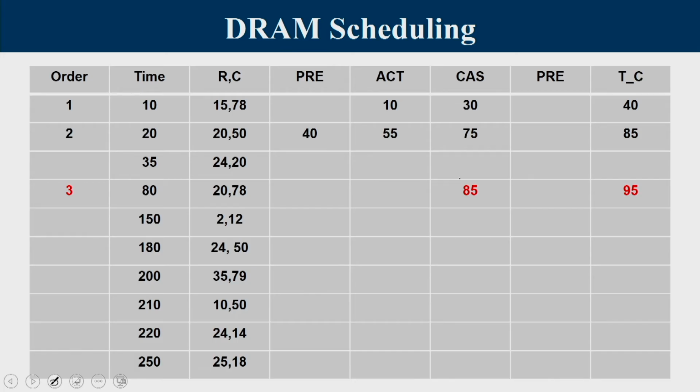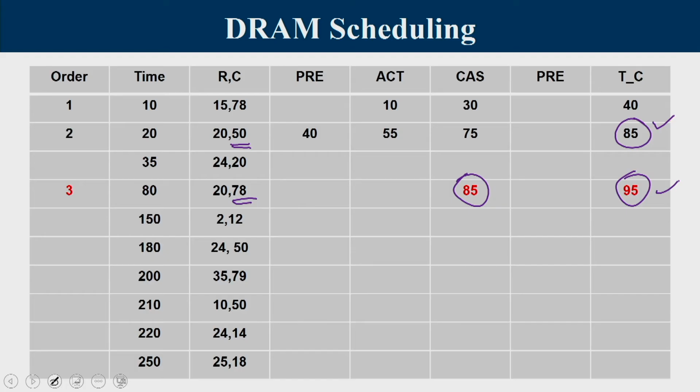So here we have to apply only a cache signal. At 85 we complete the previous one, and at 85 you can apply the new column. Why a new column? Previously I serviced column 50, now the request is to column number 78. So just give only the column number, and in another 10 cycles you are completing. Now the peculiarity is that at clock cycle 95, we are completing the transaction with respect to the third request.